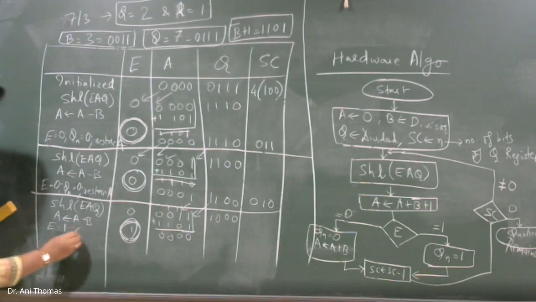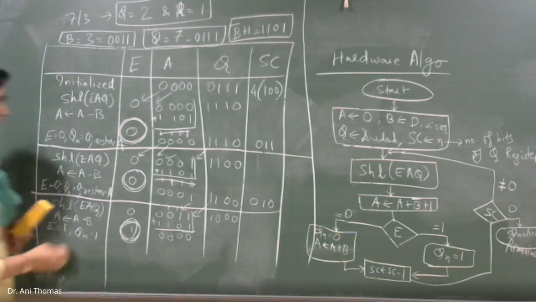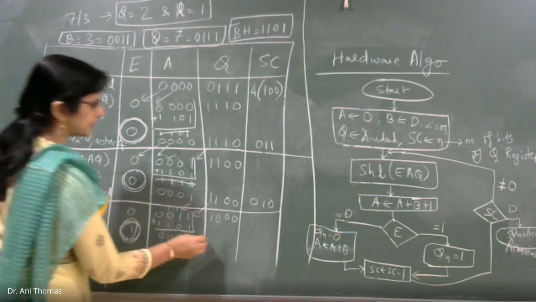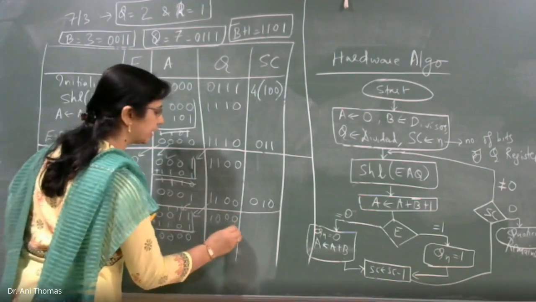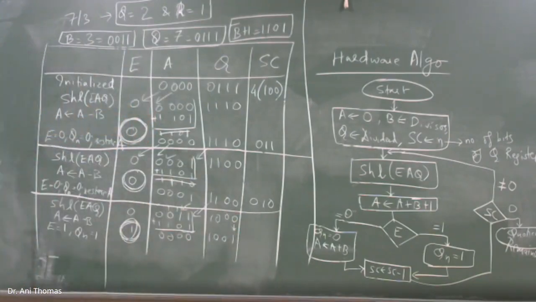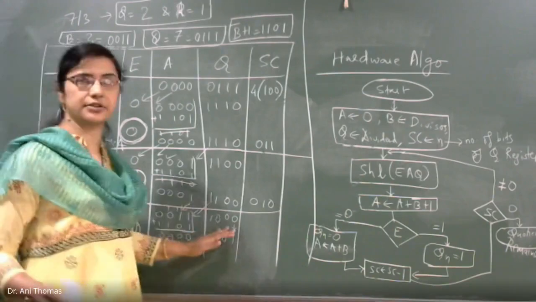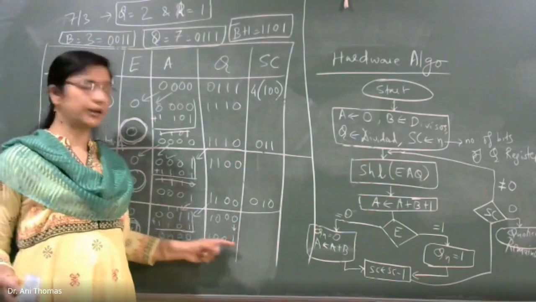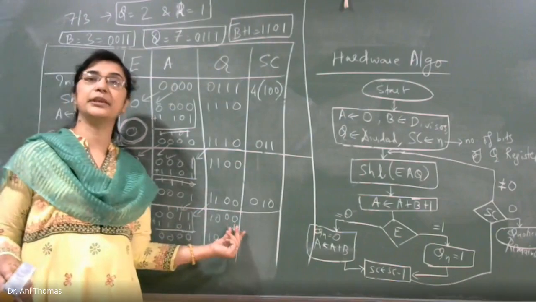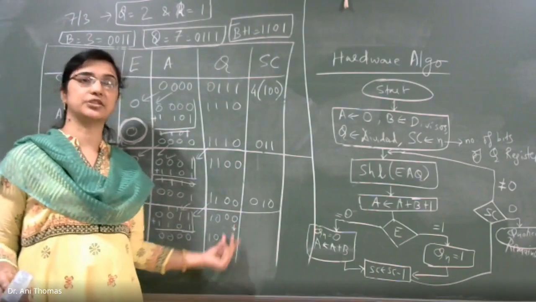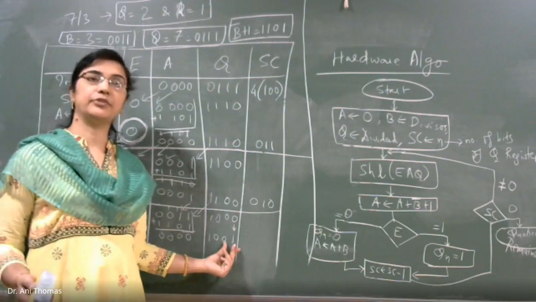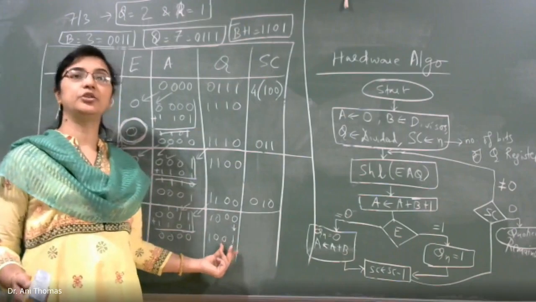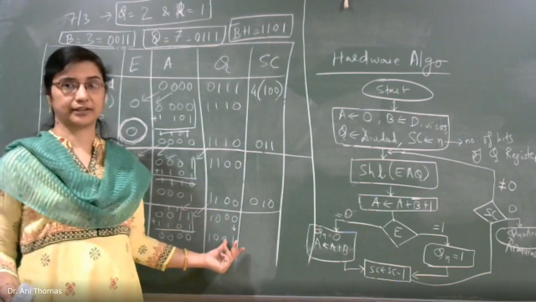We'll have to keep Qn as 1. So what we will do here is 1, 0, 0, 1. This 0 is changed to 1. There is no insertion or shift left. Here your last bit, Qn, is changed to 1. No shifting here. But if E is coming to be 1, Qn has to be made 1.